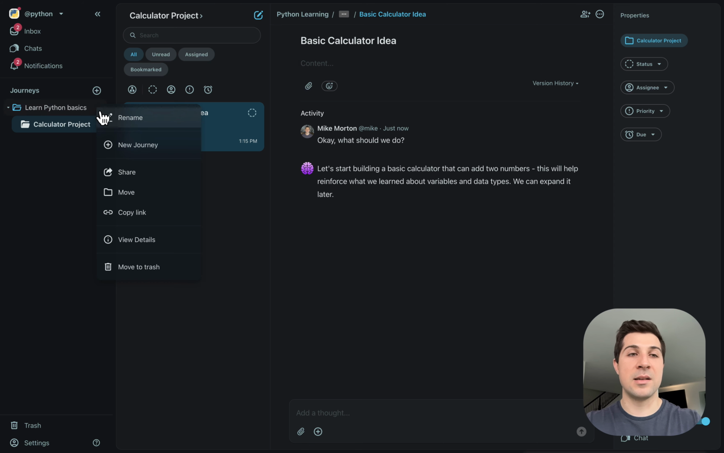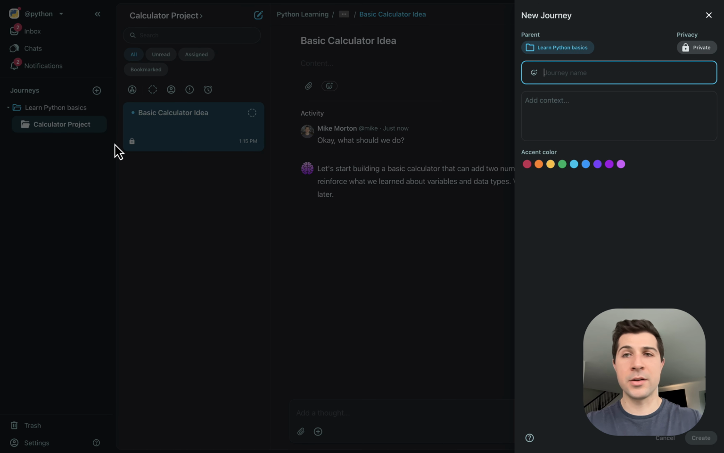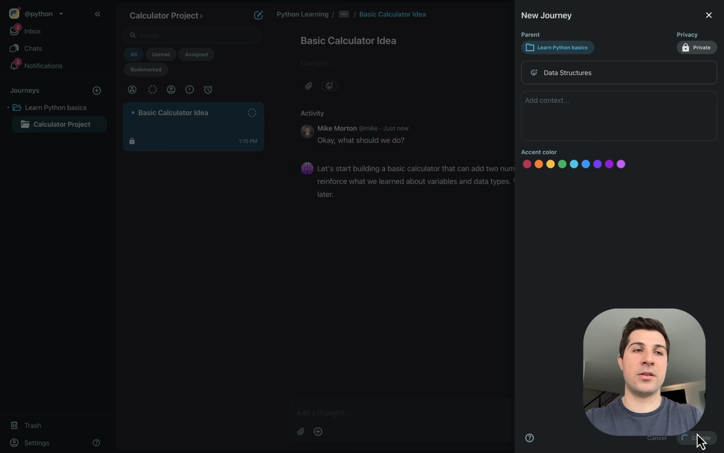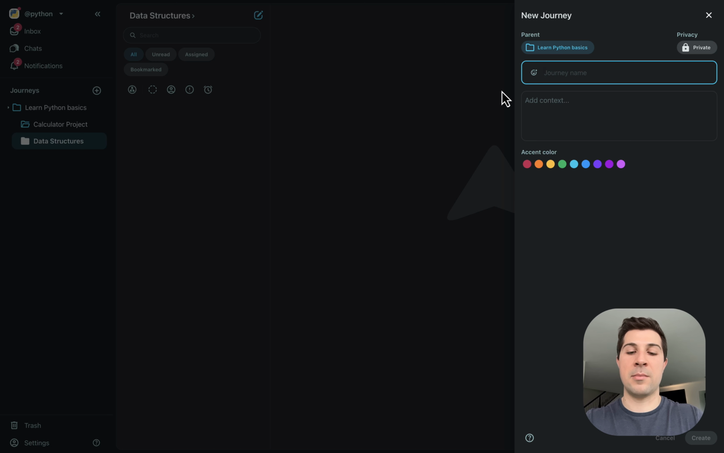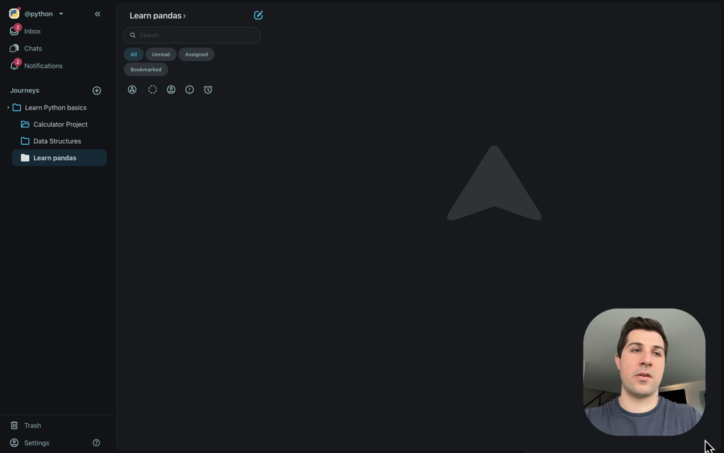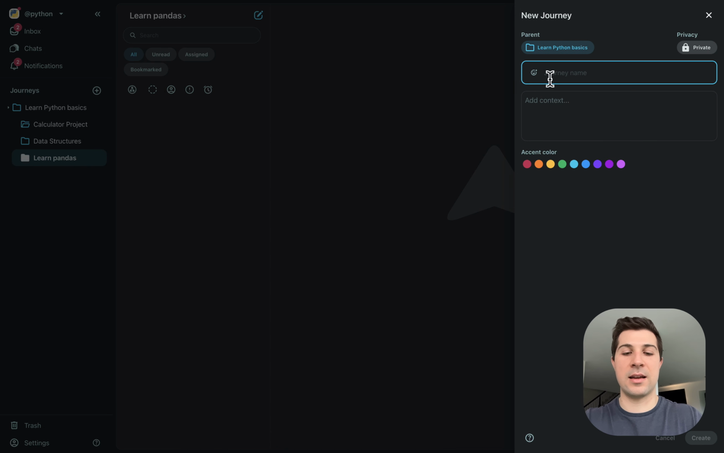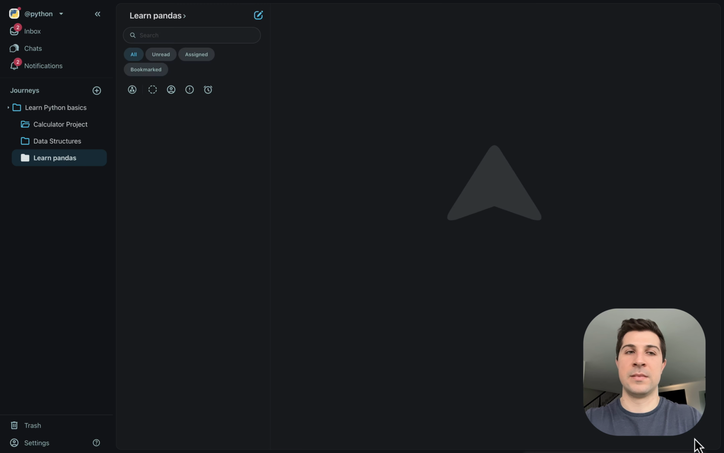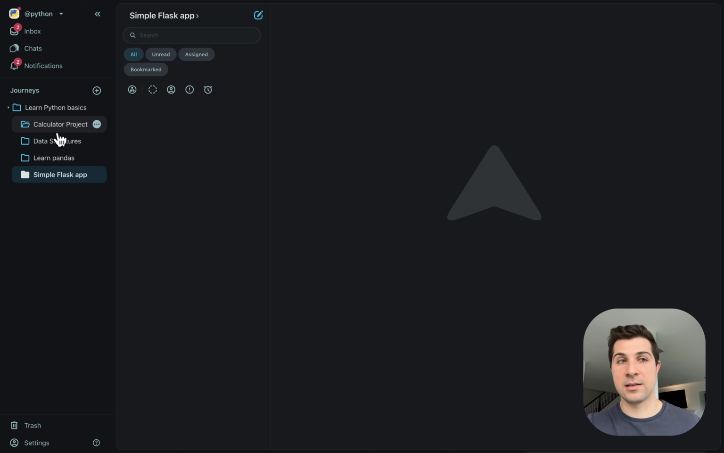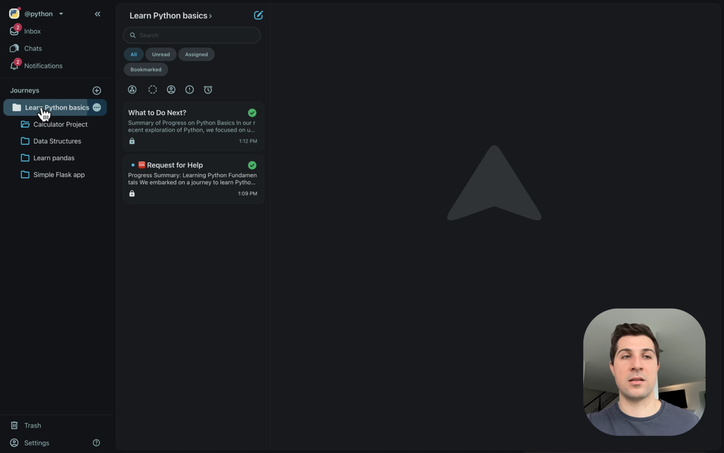As a simple example, I could have other journeys within Learn Python Basics, like data structures. And I could have journeys for matplotlib or pandas, like Learn Pandas, for example. Or a web application, like a simple Flask app. Each of these sub-journeys will have its own context, but that context will all inherit from this context here. So all of them will have the context of Learn Python Basics, but they'll each have